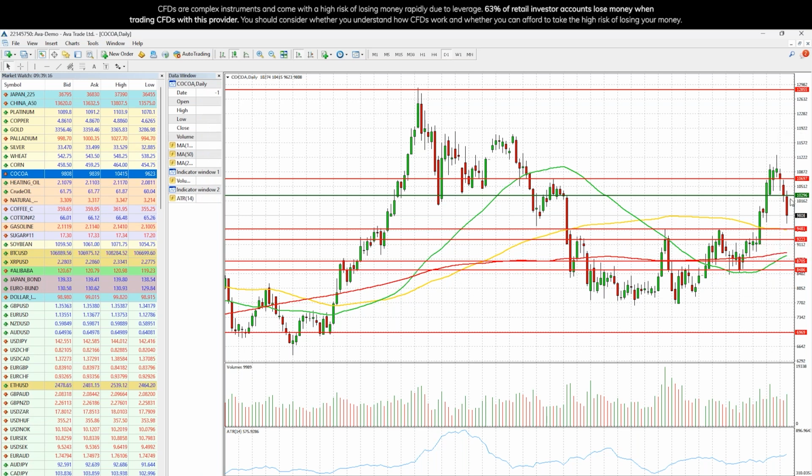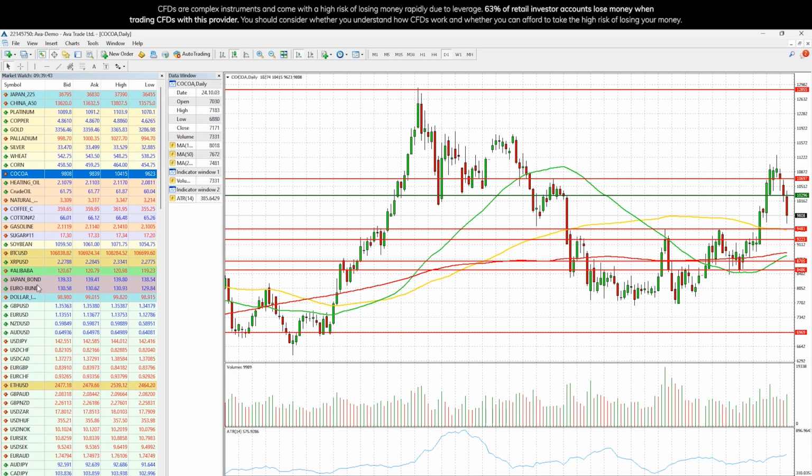This is a temporary correction before we have another zigzag to the upside, or we are on the way to testing maybe the 200 moving average, or maybe this level right here, 94.81, when we just had a double top before breaking the previous week, right? Okay, that's cocoa, and we did speak about the indices. Let's move to